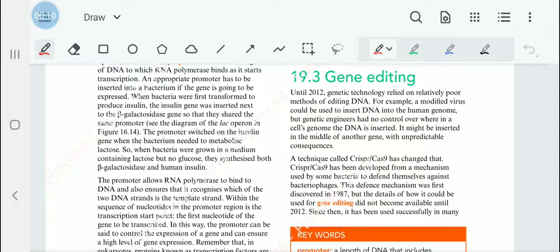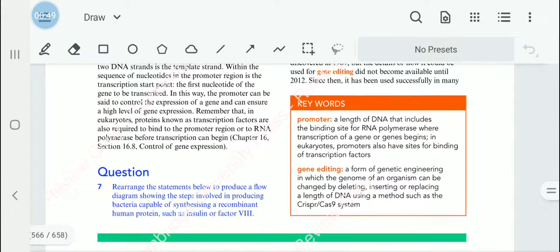Before 2012, when adding a gene, they could not predict where the gene was going to be added. It could even have been added in the middle of another gene, which would have resulted in unpredictable consequences. But a technique called CRISPR and Cas9 was developed in 2012, which made it possible to edit genes. So this gene editing